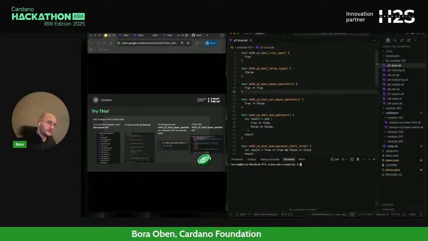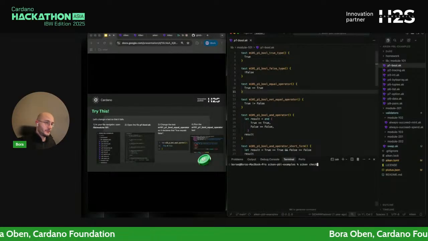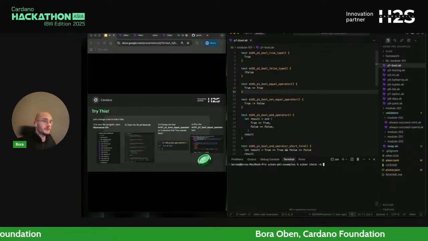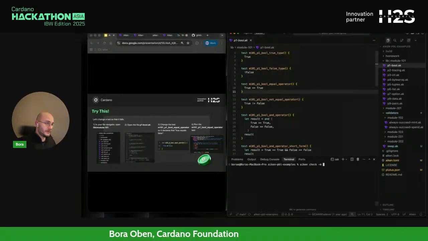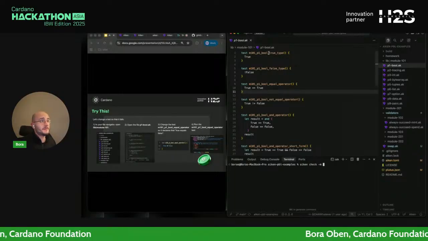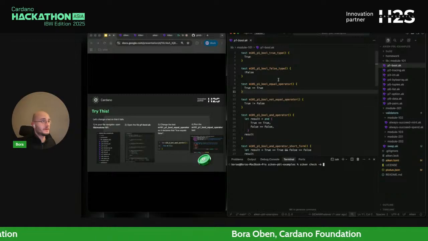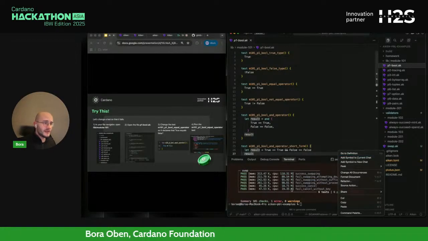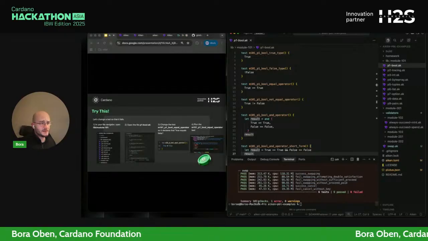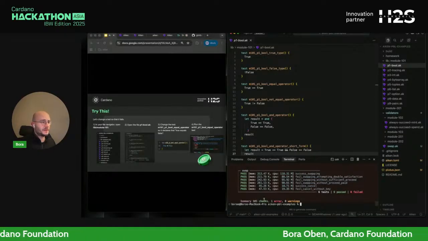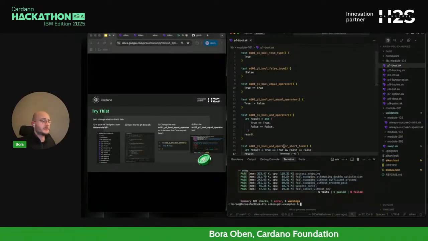But what we can do here is show you how this testing suite works. You can write Aiken check with this flag and then check for a test name, and it will do a string search for you. Before, when I ran Aiken check, it ran 102 tests and gave me that 101 of them are passing, one of them is throwing an error.